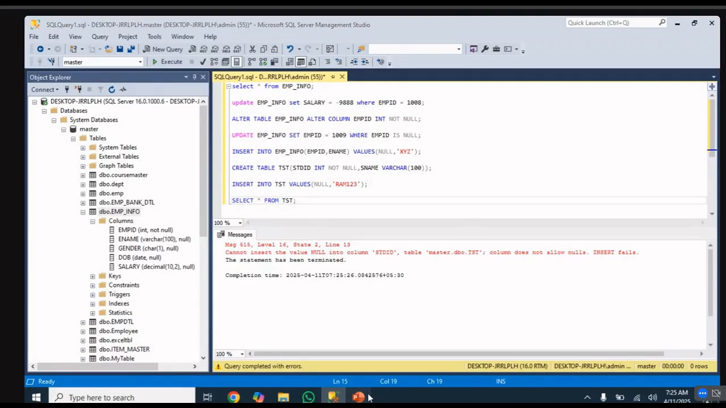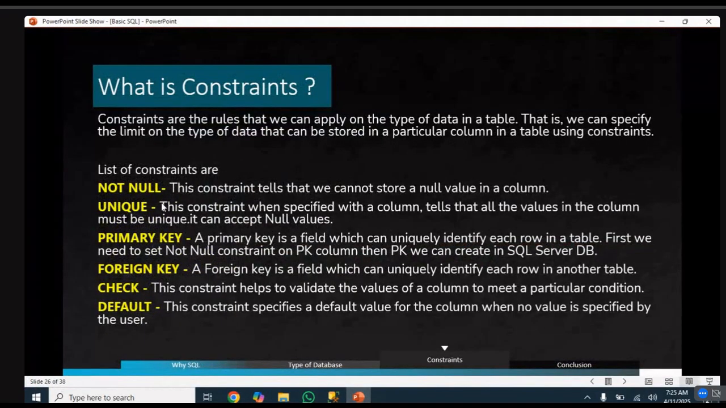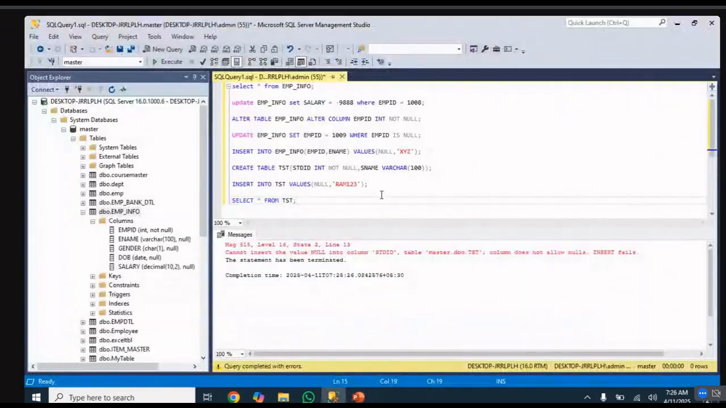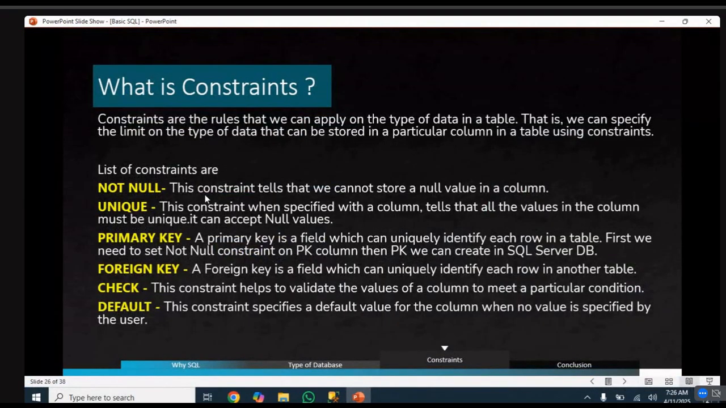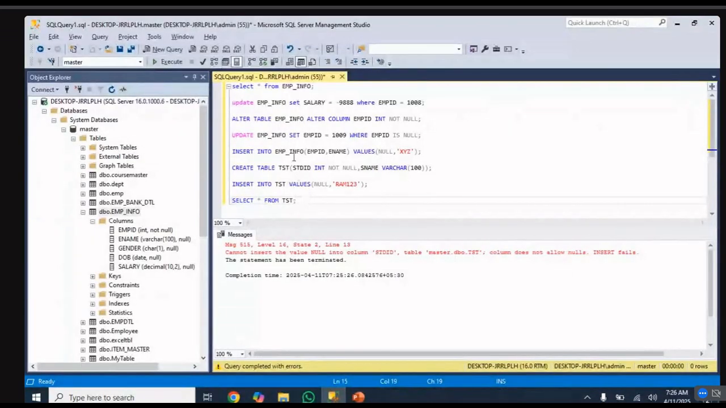Now let's move to the next one, that is unique. This constraint allows you to specify within the column, and this tells us that all the values in that column must be unique. It can accept a null value once. So here you can see that